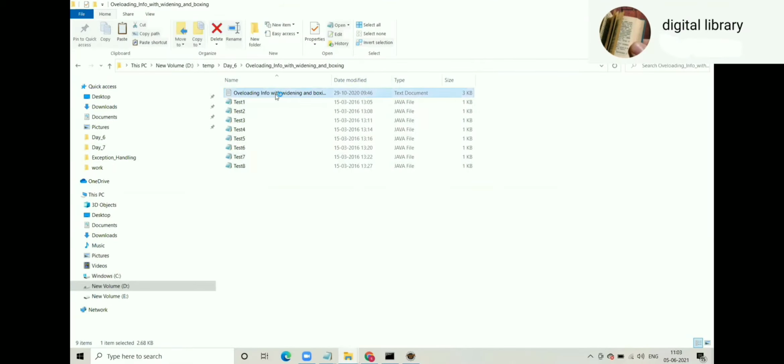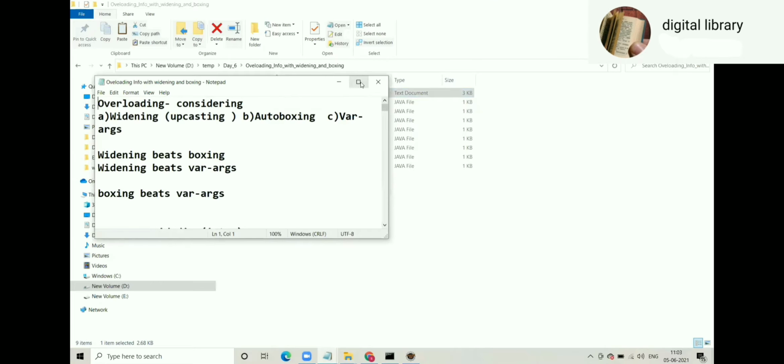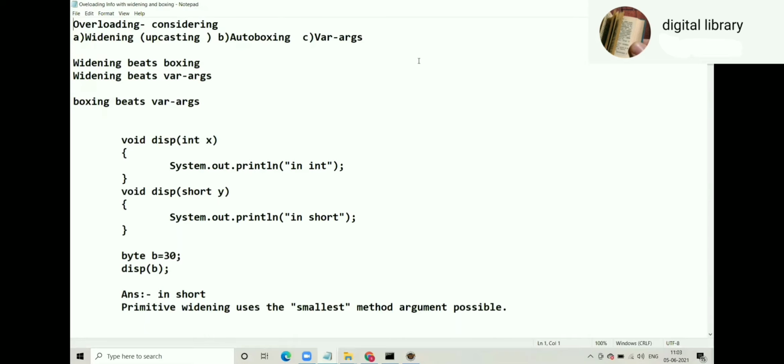text file itself. Okay, before we start,